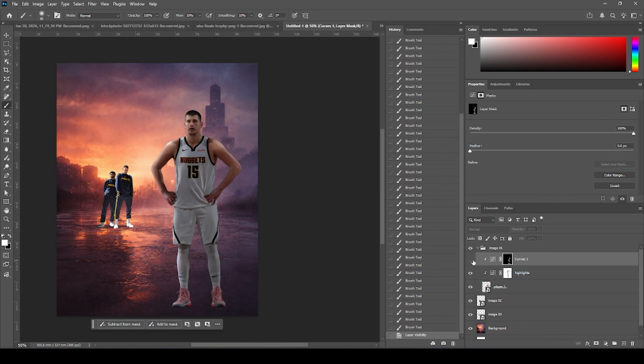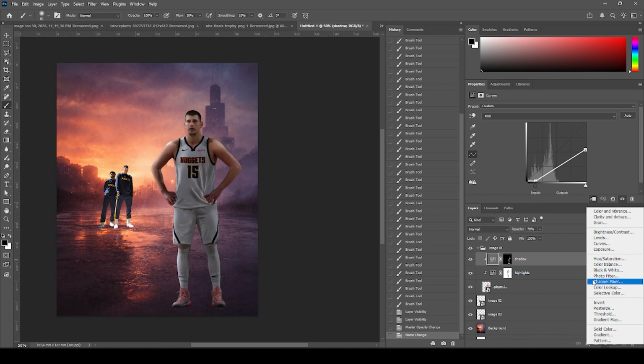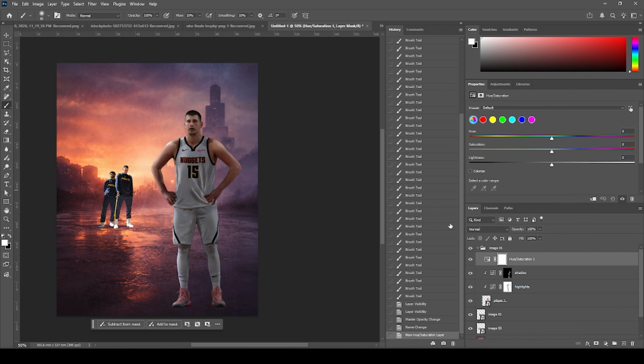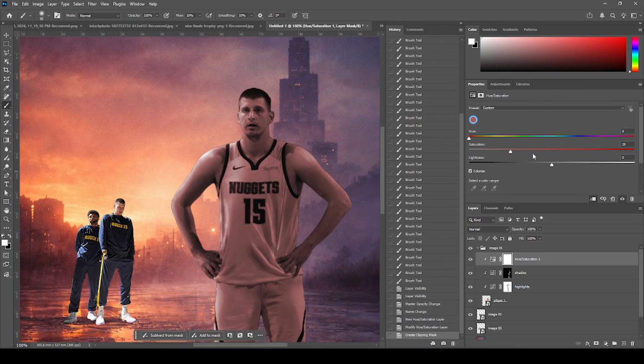So here we go, this is before and this is after. If you feel that's too much, let's drop down the opacity a little bit and let's rename it as a shadow. And let's add a hue and saturation, and let's click on colorize, let's click on clip to layer, and let's add some color glow, and let's increase the saturation just like that, and let's change the hue to maybe more towards this color. Let's add a little bit of lightness,